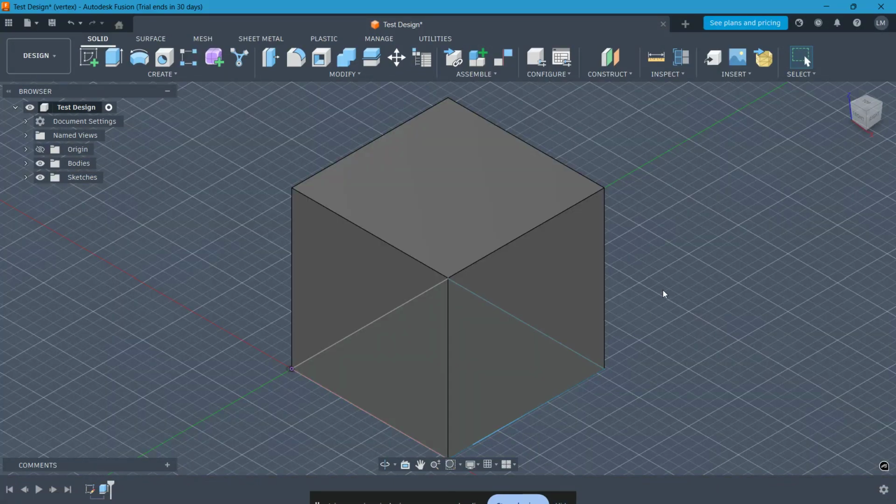If you are just starting your journey with Fusion 360, navigating your 3D workspace can feel a bit overwhelming at first. Today, I am going to show you exactly how to master the View Cube and the navigation bar to move around your models like a pro. These tools are the foundation of your workflow, and knowing them inside out will save you so much time during